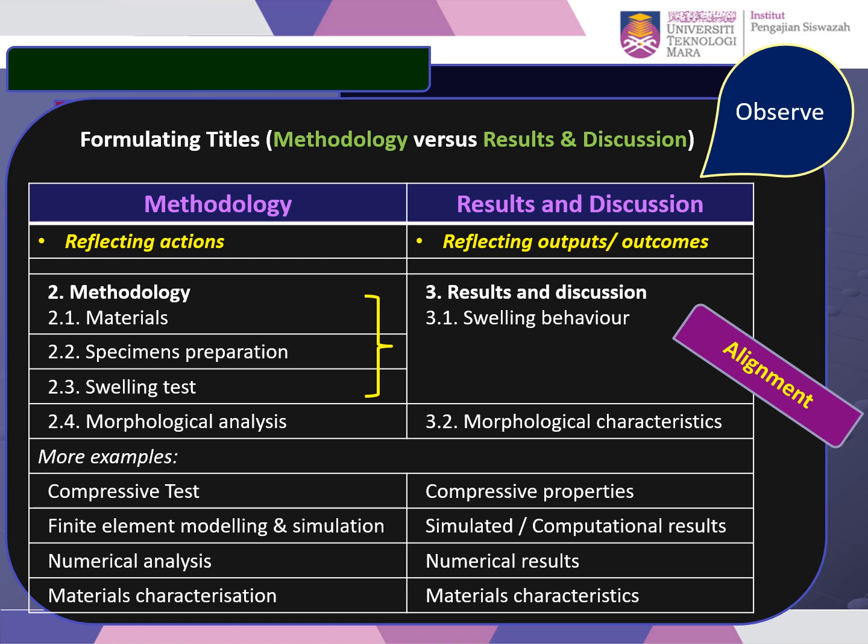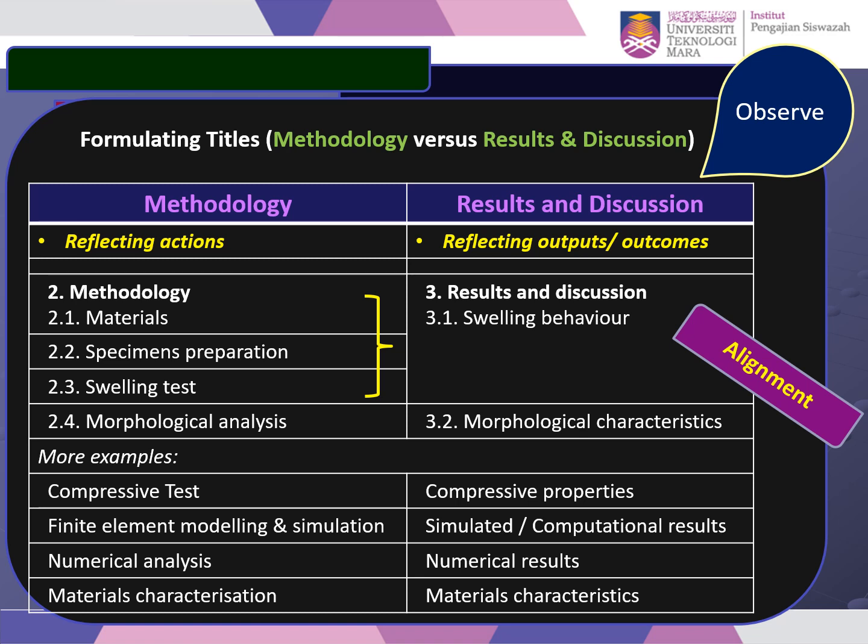If you look here, the materials, the specimen fabrication, and the swelling test, the final outcome in the results shows the swelling behavior or swelling characteristics or swelling properties. So these three are actually aligned to this. The methodology aligns to this result. For morphological analysis, the word analysis shows action. Now for 3.2, the one aligned to it is the